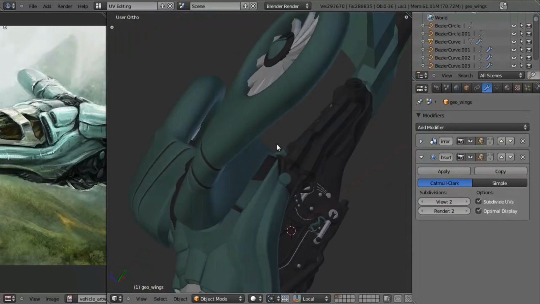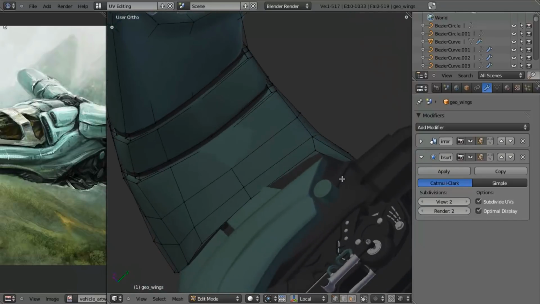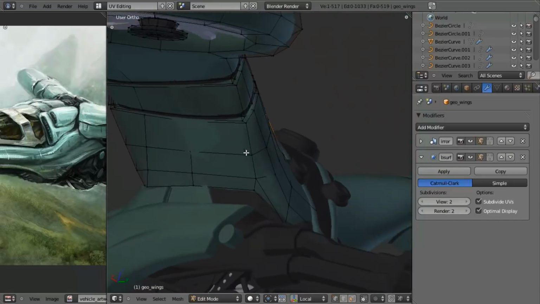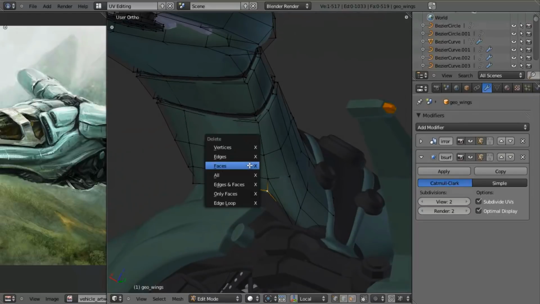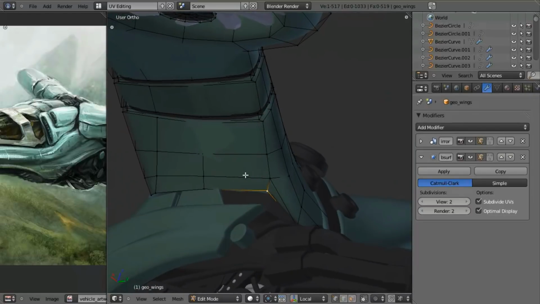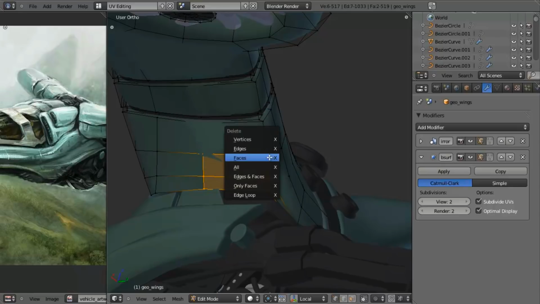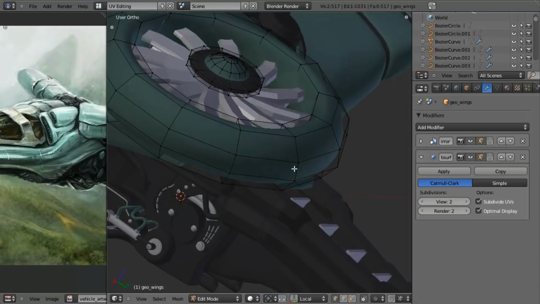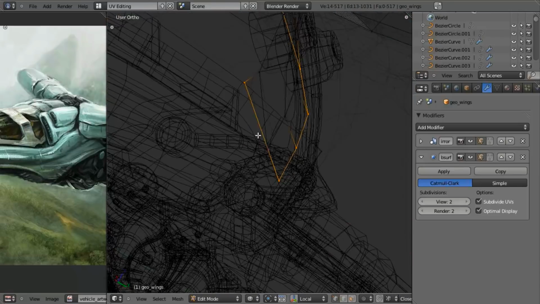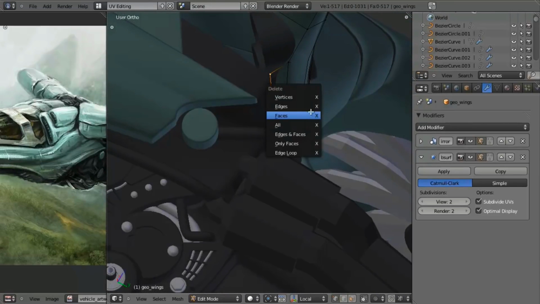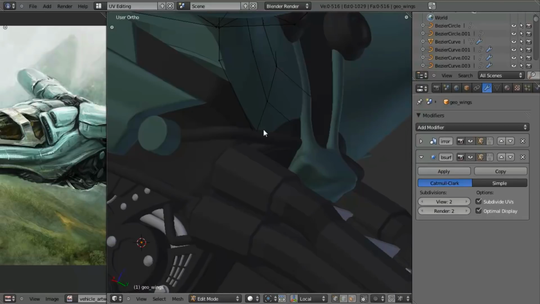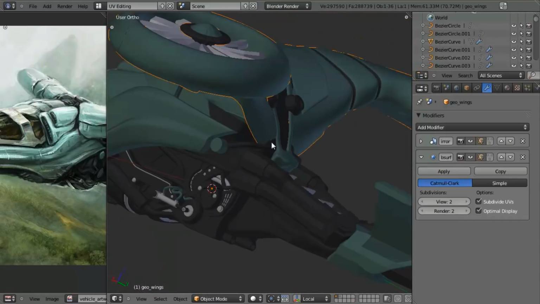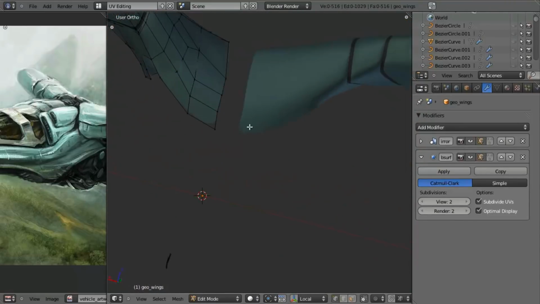There we go. That looks good. And so now, since I just did that, I can go ahead and select, say, this vertex, hit, actually, you know what? I'll do these faces right here, hit X, delete the faces. I can go ahead and select this loop as well. Or that one, this vertex, hit X, delete the vertex. Let's go ahead and in object mode, let's select this, hit Shift H, just so we can see it a